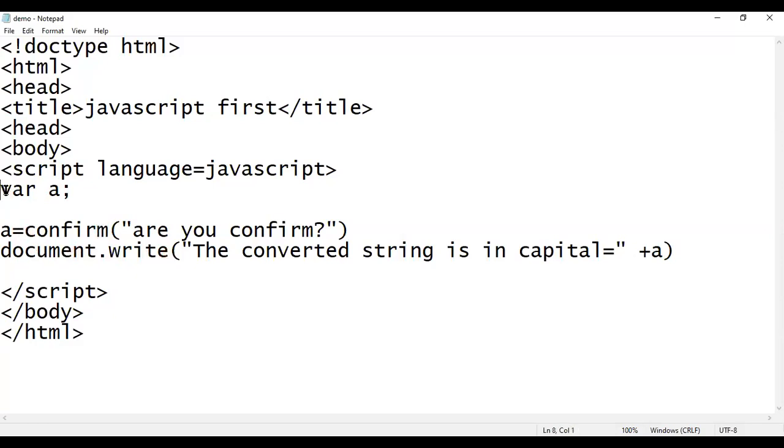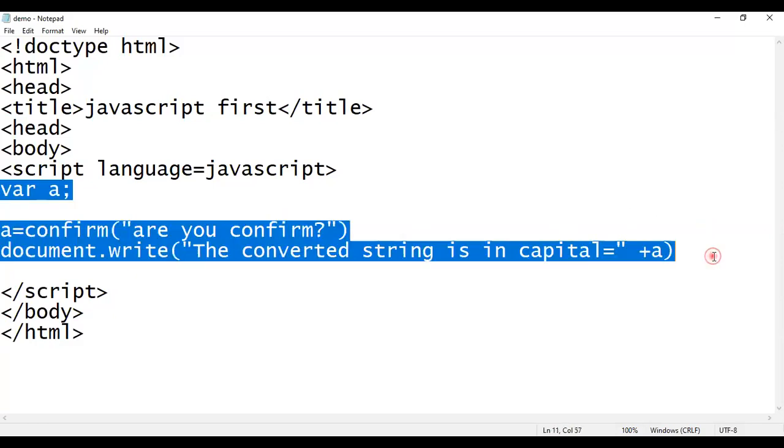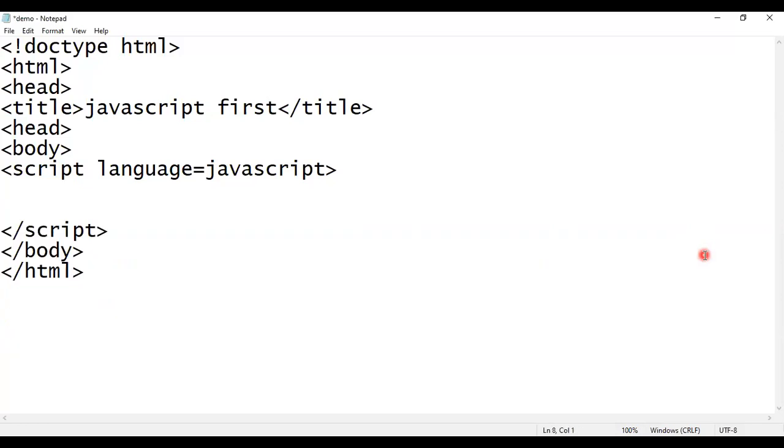Now here I'm going to write a program, a divisibility checker. It is similar to the previous one. This program is related to a divisibility checker.